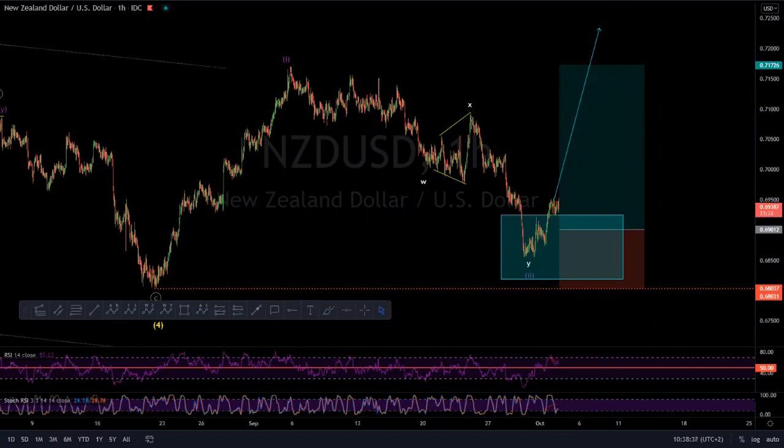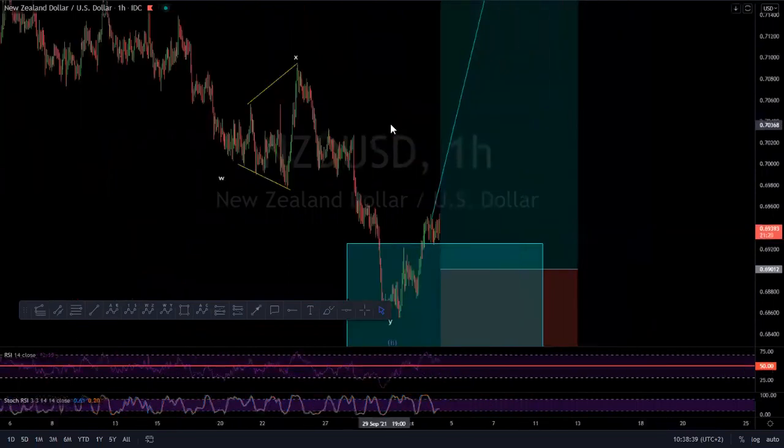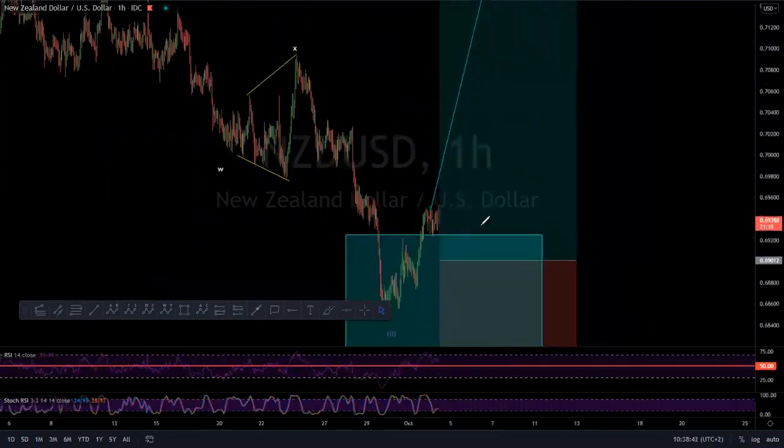If, for whatever reason, these structures give us these pullbacks here, because this can still happen, then it will be a bonus trade to take, because you are no longer going to be taking it against the range of a blue box, but instead against this low here. So look for this to make this move to the upside. You should be taking note here